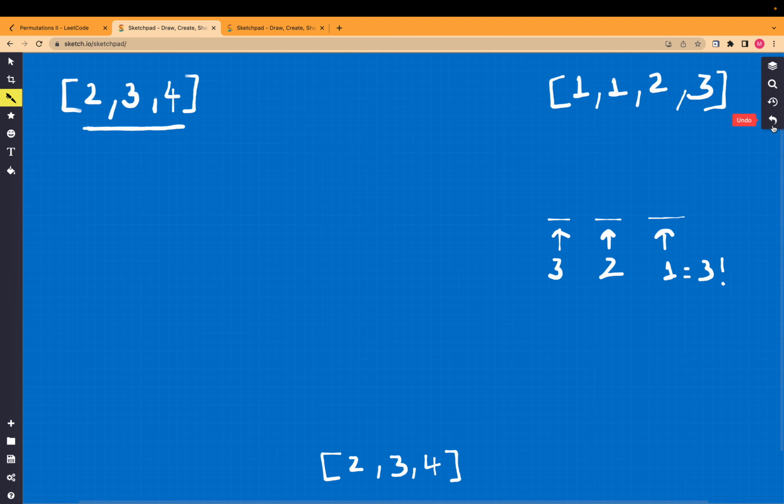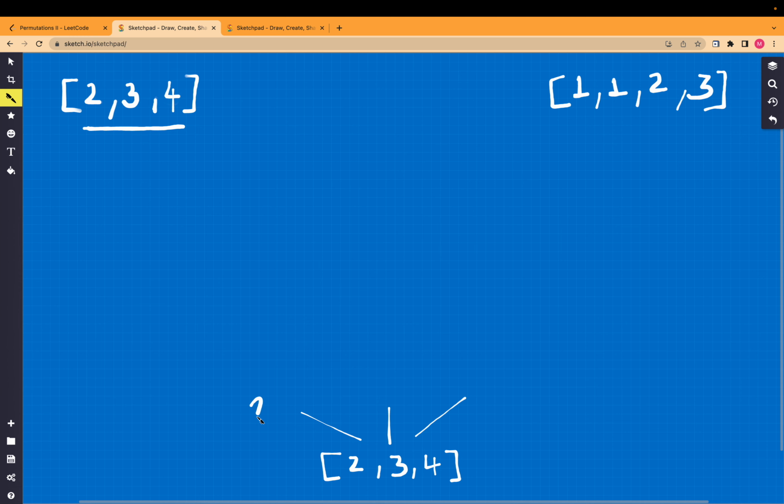So let's see how we'll do this. If we have the integer array 2, 3, 4 and we have to find the permutations, the first thing is we will add 2 and we are left with 3 and 4. We will add 3 and we are left with 2 and 4. We will add 4 and we are left with 2 and 3. On the next level,